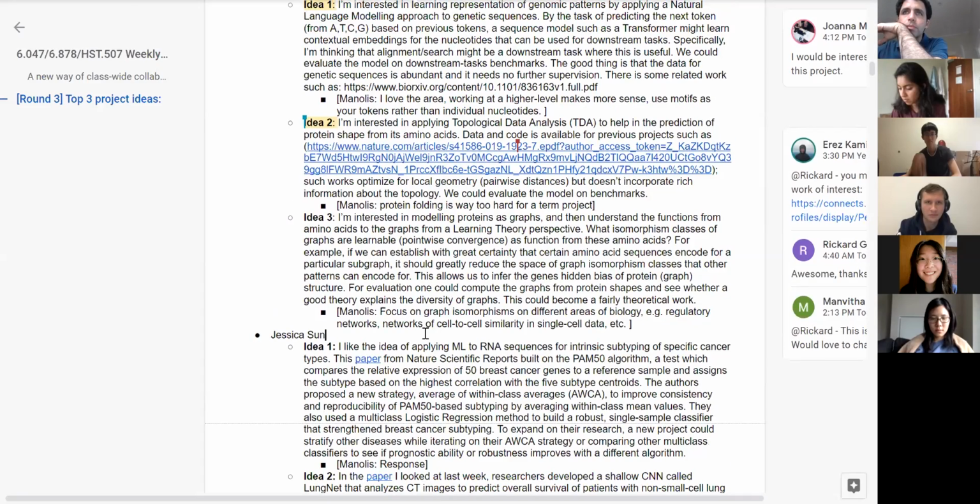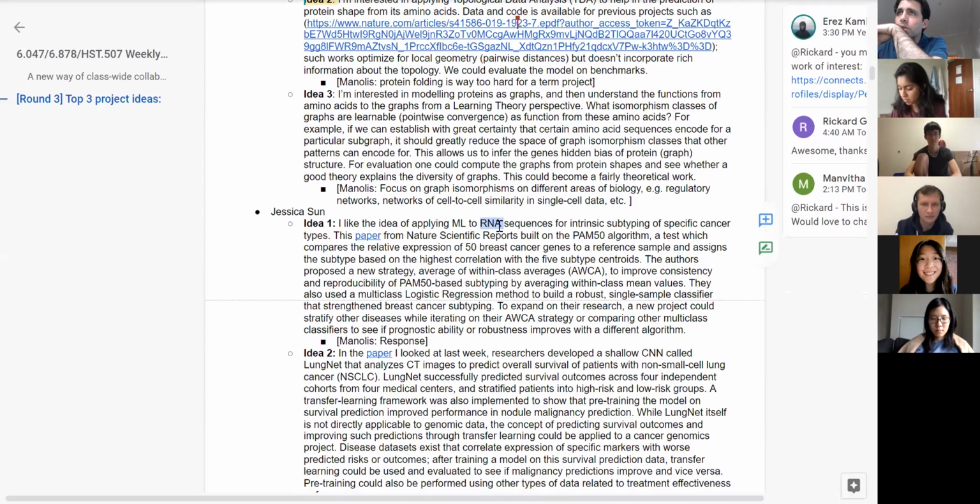Thank you so much. All right, Jessica. Applying machine learning to RNA sequences for intrinsic subtyping of specific cancer types. The PAM50 paper: 50 genes for breast cancer, with centroids for the five subtypes. Average within class to improve consistency and reproducibility of PAM50 subtyping by averaging within class mean. Multi-class, reducing the regression to a robust single sample classifier of strength in breast cancer subtyping. Expand on their research with a new project to stratify other diseases while iterating on